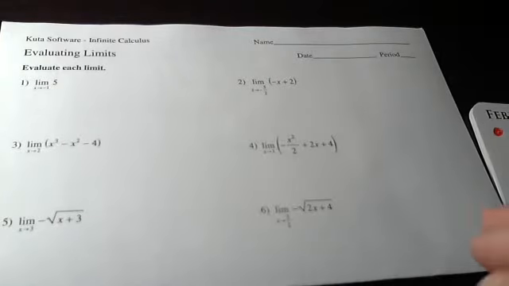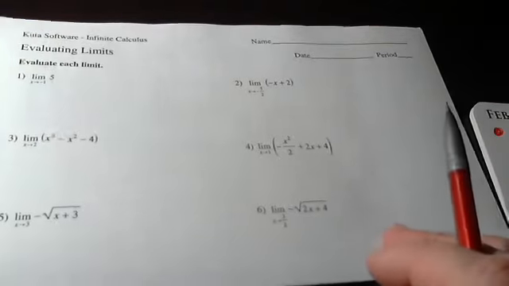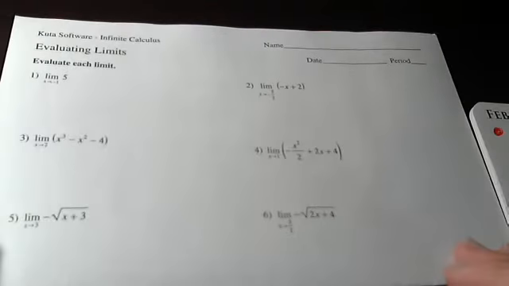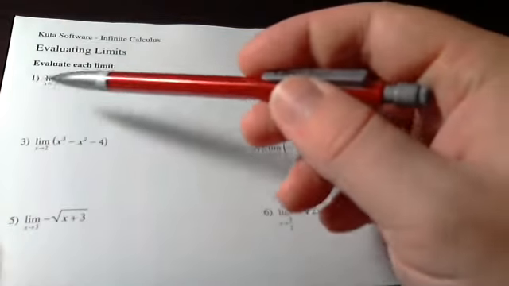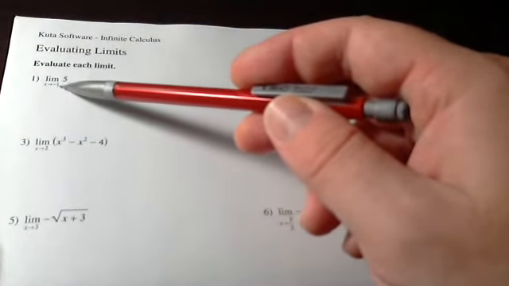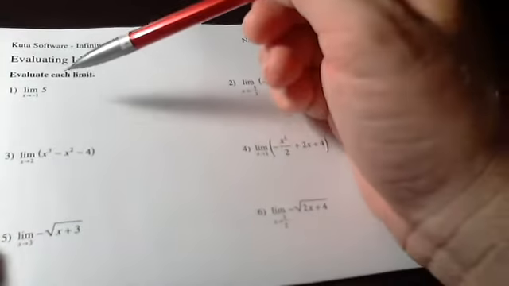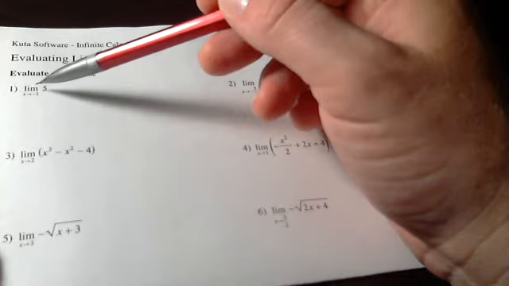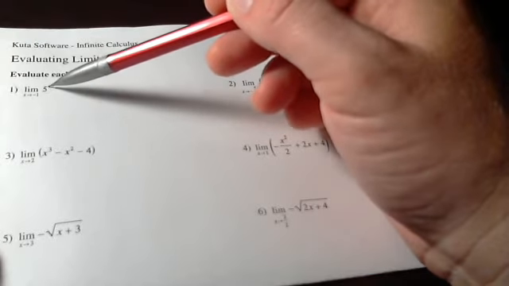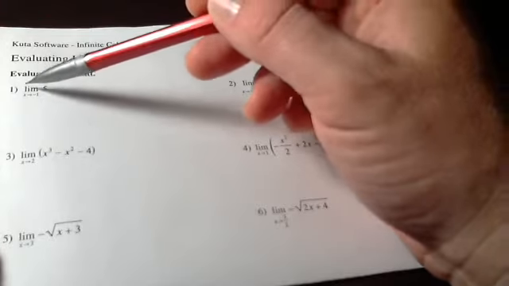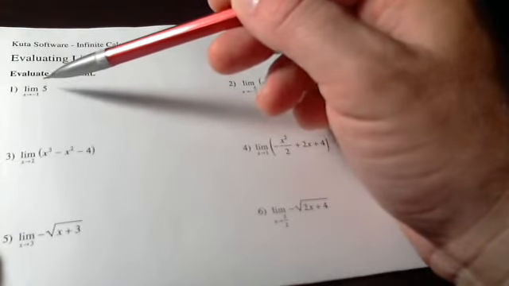Okay, let's continue looking at limits on our new worksheet today. Now, the front page is all about evaluating each limit at the given point for the given function. Now, the first one, really easy. It says the limit as x approaches -1 of 5. Well, the function is 5, which means everywhere here on this function,